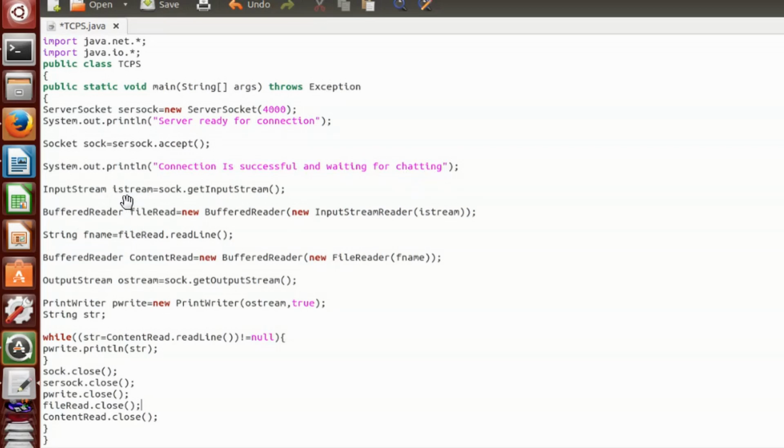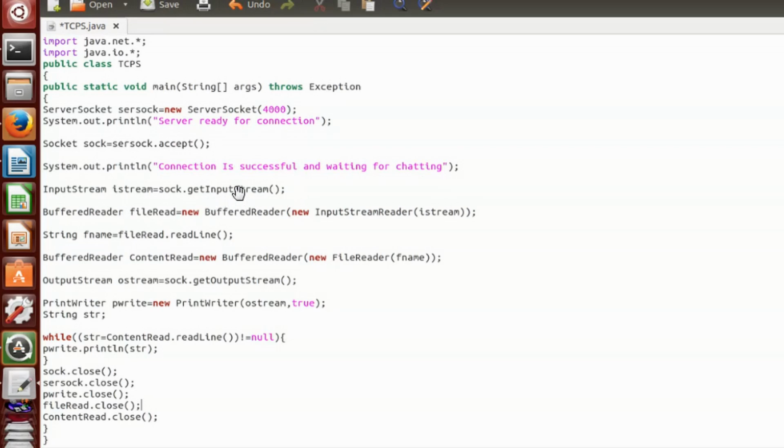Input stream, okay, iStream is equal to sock.getInputStream. I've already discussed, right, what is this get input stream during client programming? So that means I'm actually getting the data from the input stream of the socket especially. So what am I getting this time from this socket?